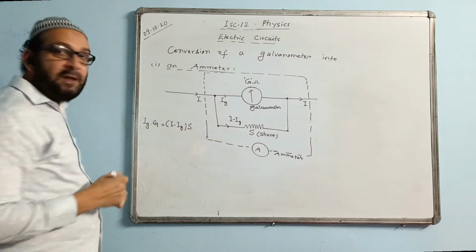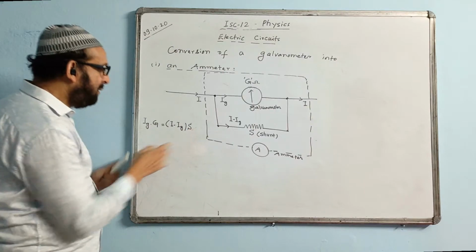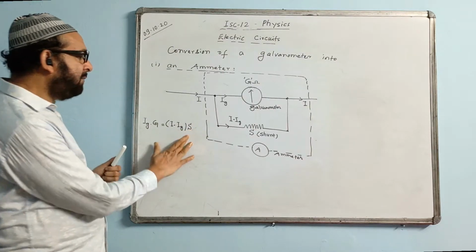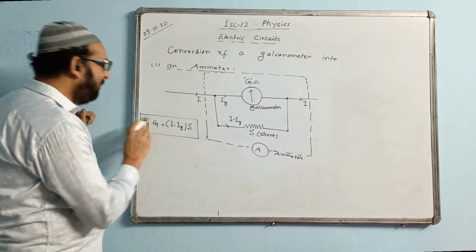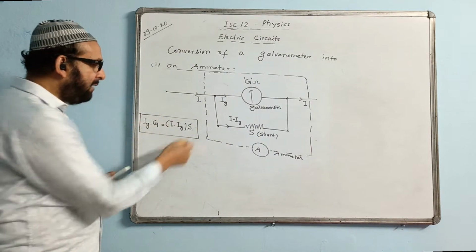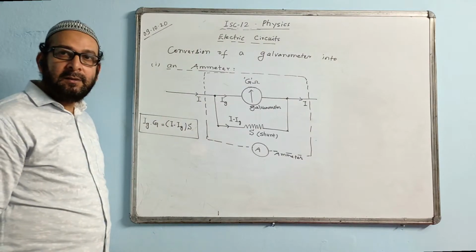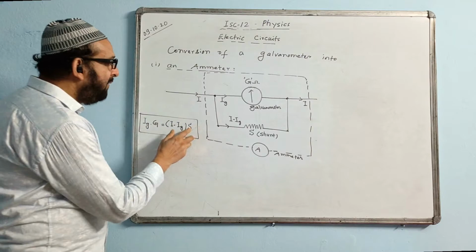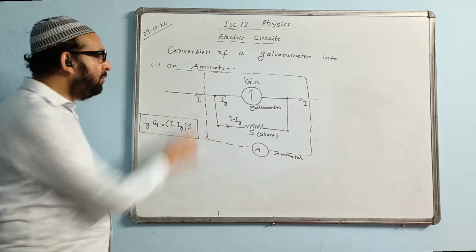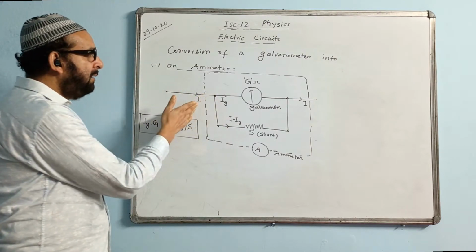We will be following this equation and finding the value of S. Therefore, if you want, you can make S the subject of the formula, or you can leave the equation in this format only. And this equation will help you to calculate the value of S. S means the value of the shunt. What will be the value of the shunt required if you want to measure a high current?